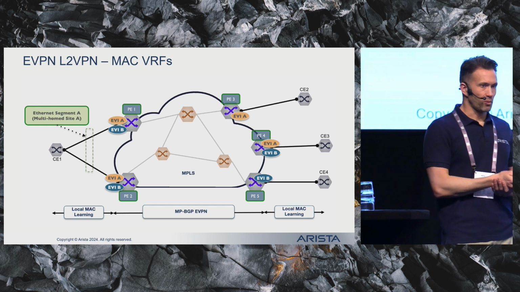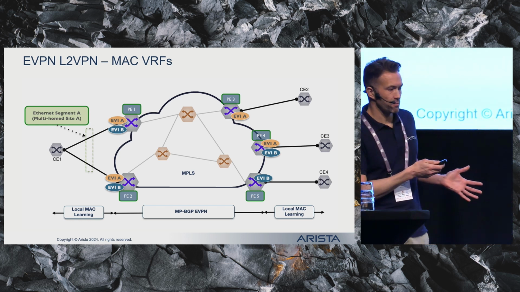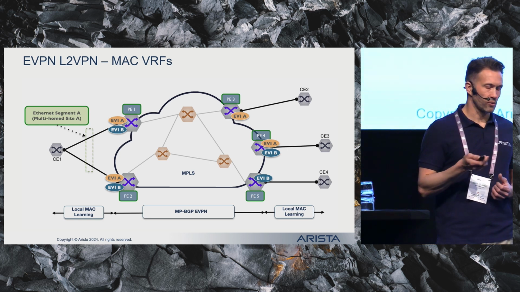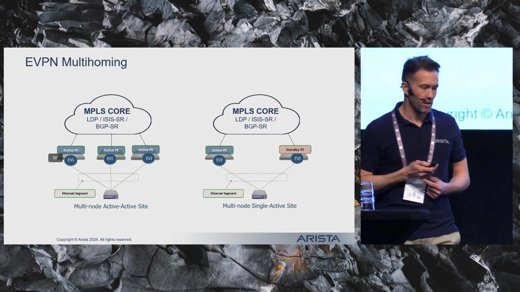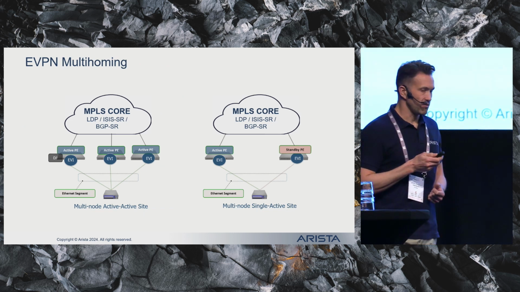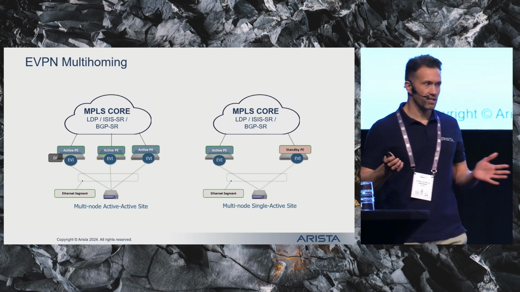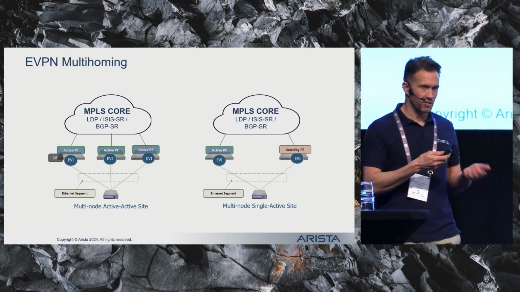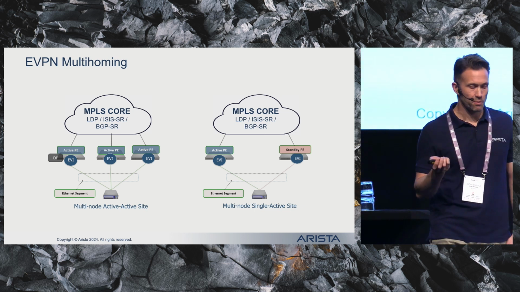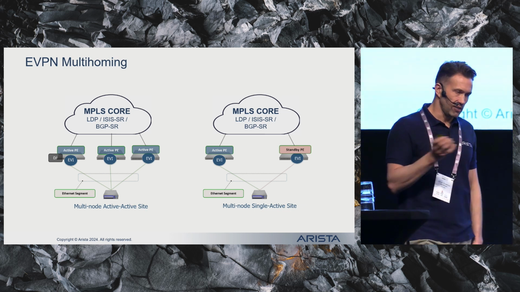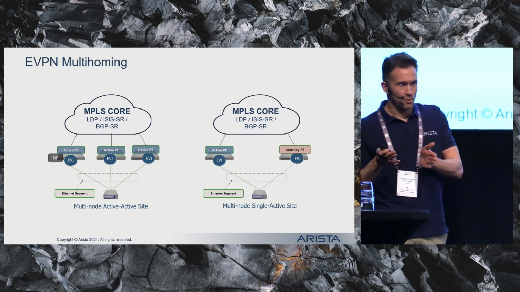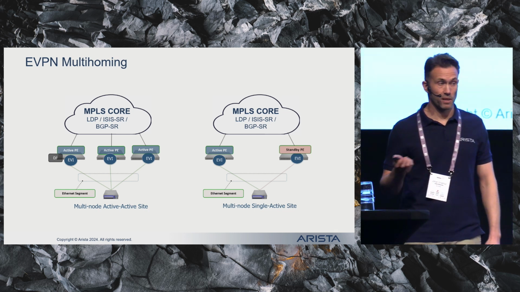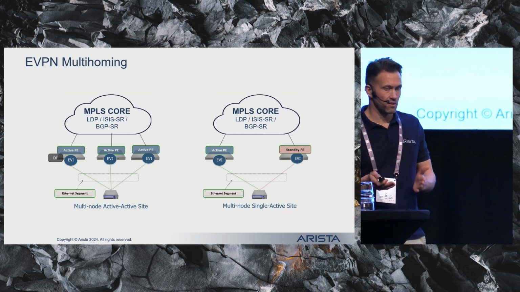Another big difference is the support for multi-homing, which was lacking from VPLS, which makes it possible for a CE to be connected to multiple redundant PEs. And this multi-homing in EVPN allows both for an all-active design, where all links between the CE and the PEs are active and being used, as well as an active standby setup with only one of those links being active. And EVPN multi-homing also allows for more than sort of 2 redundant PE devices, which differs from legacy multi-chassis lag solutions, where you typically can only have two redundant devices.